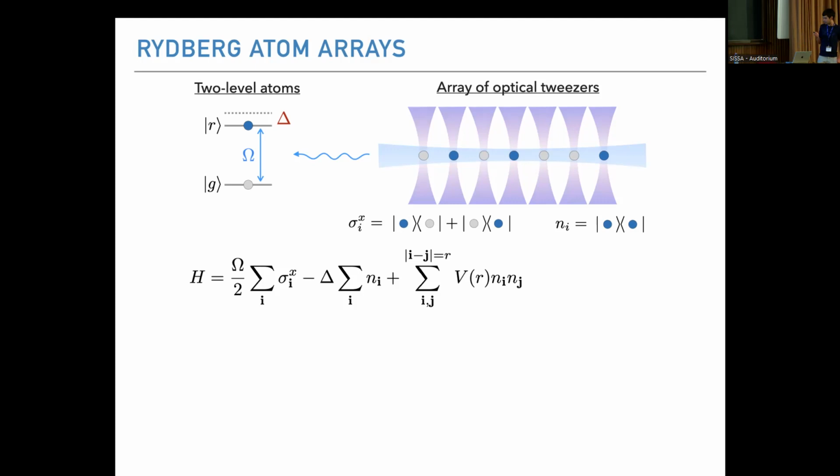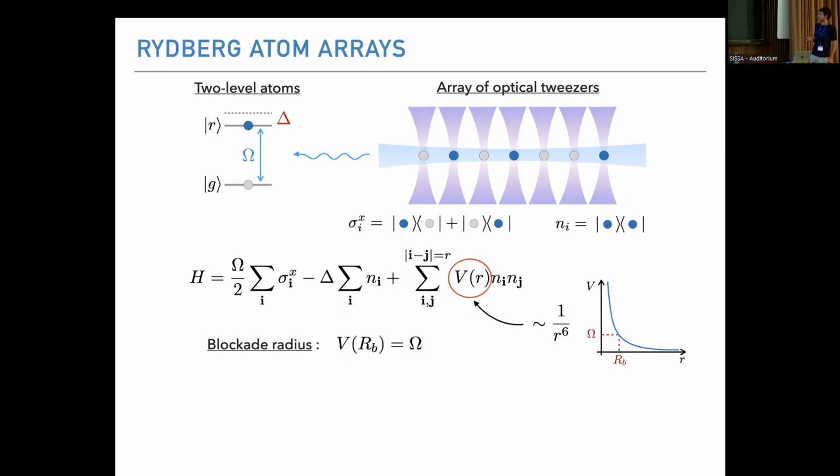The most important thing of this Hamiltonian is the interaction between 2 excited Rydberg states. And given the fact that the excited Rydberg state is really highly excited, the atoms behave like very large dipoles, which for particular Rydberg states take the form of this 1/r⁶ potential, which allows to introduce an extra parameter in the Hamiltonian,